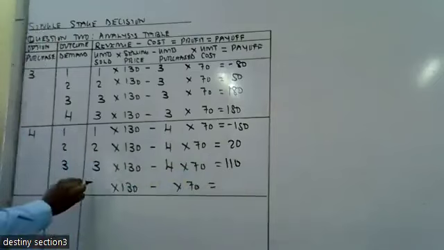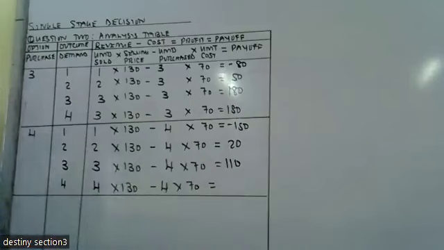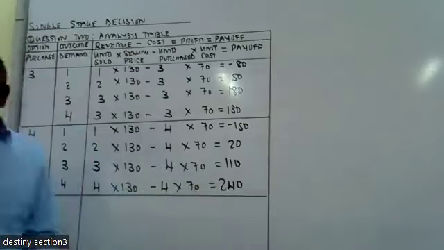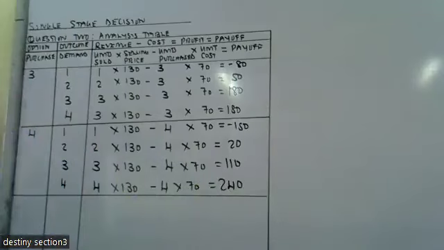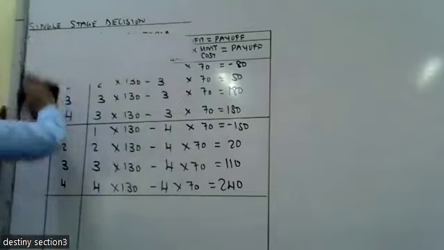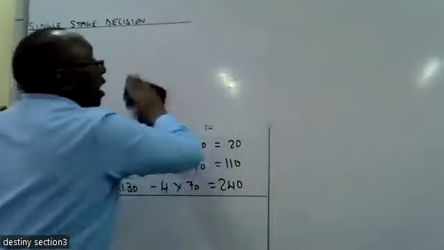110. And here 4, 4. And gives us what? 240. So that is how you compute. That is how you compute